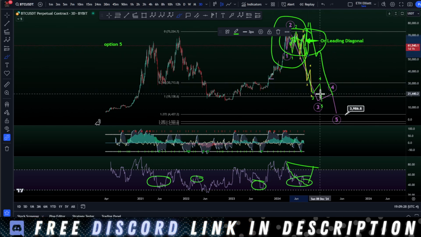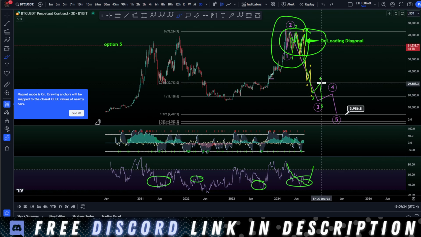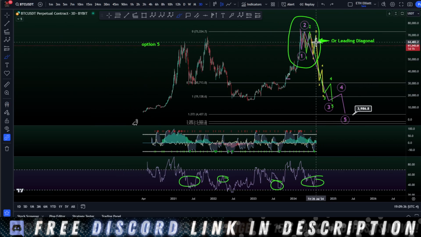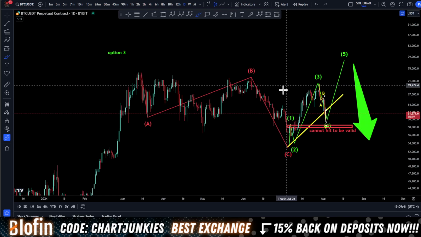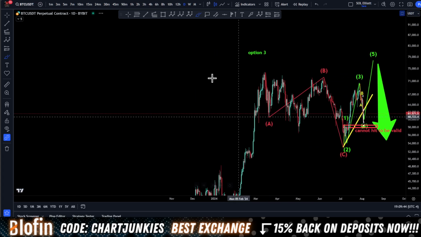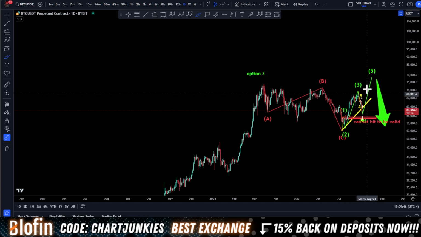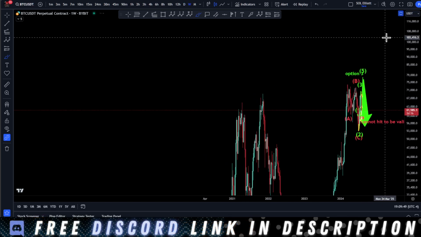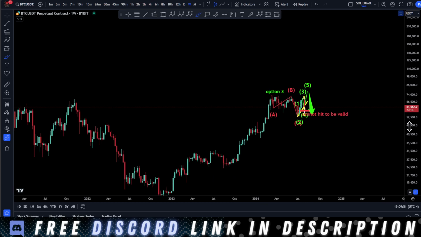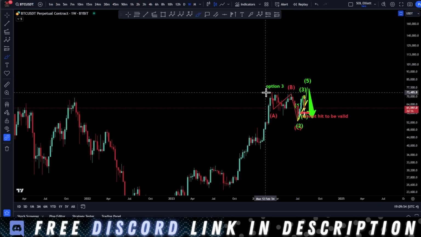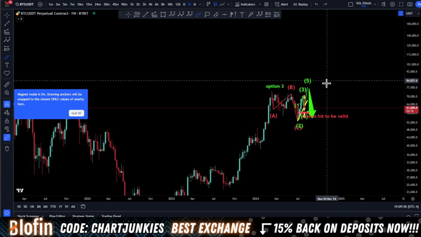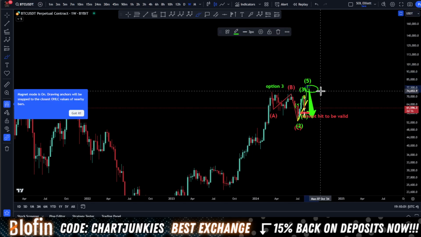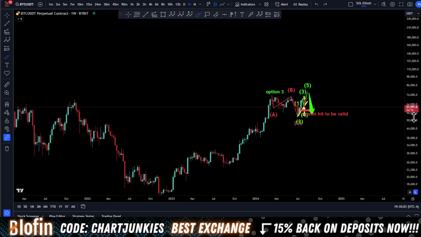And for this count to be valid, or for any type of extreme downside move, what I need is a finished wave right here. I need this to finish up like this. Option 3, my favorite option. And we'll zoom out here. Need this to finish up. And what that would do, if this finishes up with a swift sweep of the all-time high, and it doesn't impulse up to our higher targets, it sticks around 78K, 76K, that would look beautiful for me.